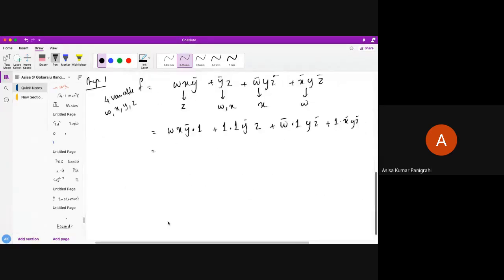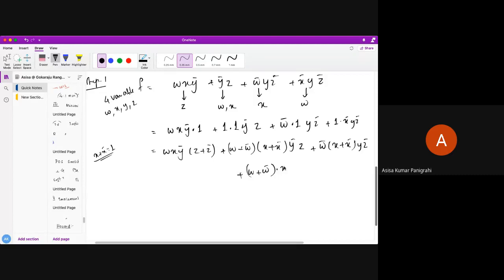Okay, next, what you need to do is just replace 1 in the form of X or X bar is 1. Okay, this is the way. Wherever the missing variable is, you just convert it this way. So this is W, X, Y bar, and this is my Z or Z bar. Next, W or W bar. Next, X or X bar. Next, Y bar, Z. And this one, again the same: W bar, X or X bar, Y, Z bar. And finally this one, you have to put W or W bar, X bar, Y, Z bar.